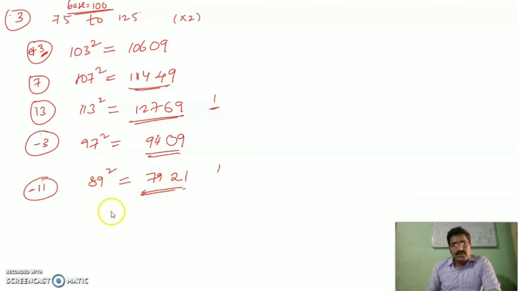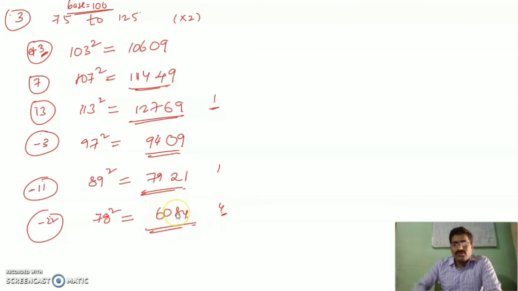The last one, see one more example. 78 square how much? 78 is how much less than 100? 22. 22 square how much? 484. Carry 4, 84. 2 times 22, 44. 100 minus 44, 56. 56 plus 4, 60. So 78 square value how much? 6084. So these are the tricks to find square numbers